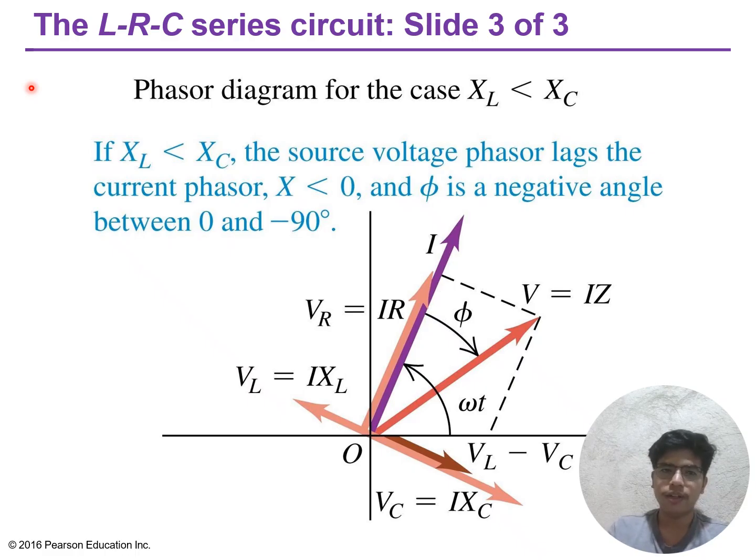The capacitor effectively blocks the low-frequency current. At the resonant frequency f naught, or omega naught, where omega naught equals 1 divided by the square root of LC, the inductive and capacitive reactances exactly cancel. The impedance reaches its minimum value equal to R, and the current reaches its maximum value,